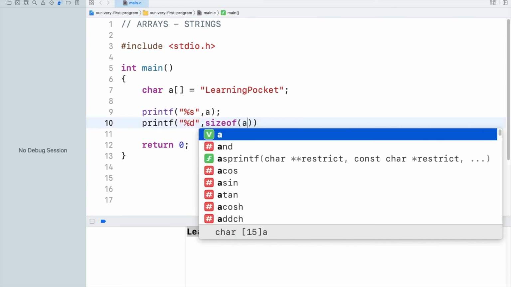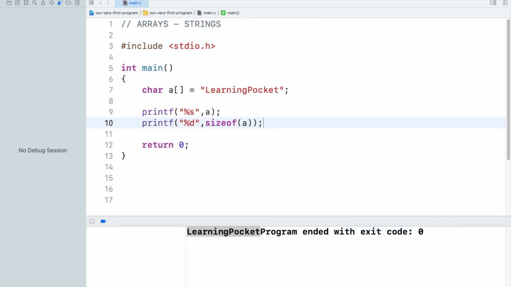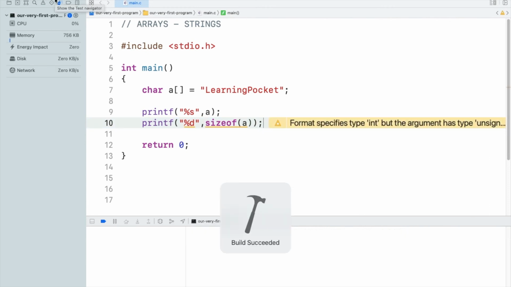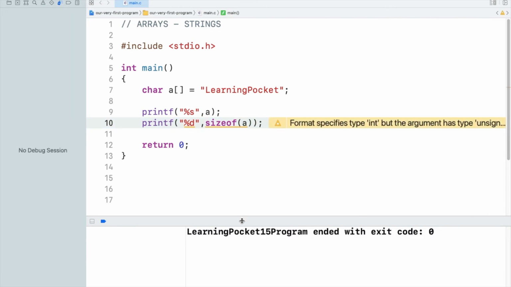So I'm just going to go for sizeof a, and let's see what we have. We have 15 in here because it is 15 characters: 1 2 3 4 5 6 7 8 9 10 11 12 13 14 15. The 15th would be the null character. This is 14 letters and one null character. That is why the size is 15.